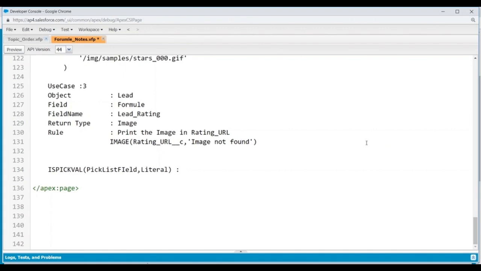We want to check whether the option you selected in the pick list field is the given literal. Whatever literal I have given, is it the same literal you have selected? So this will return true if the option we have selected